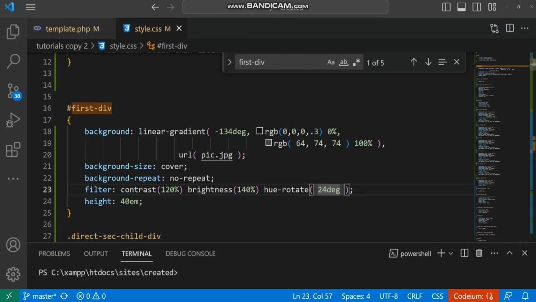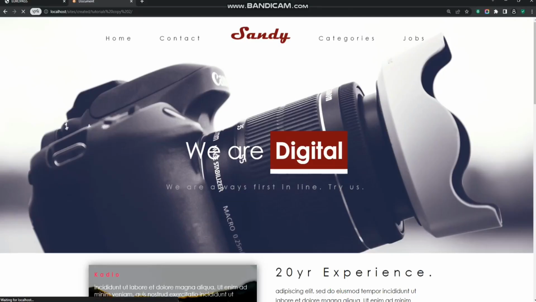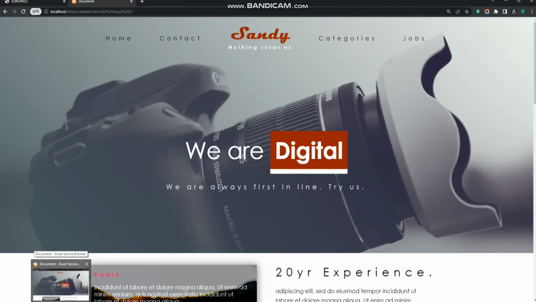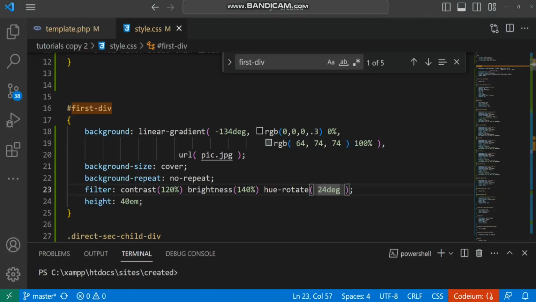So if I should save this and see what I'm having at the moment. So you see that here is not that bright anymore. There is that fade out. Here is too bright compared to this side. So there is that fade out. Okay, so I will then proceed with my styling, of course, and I'll say there's another property called